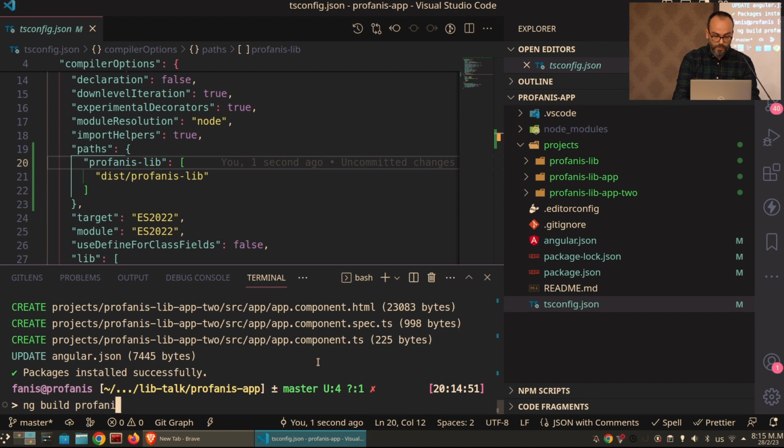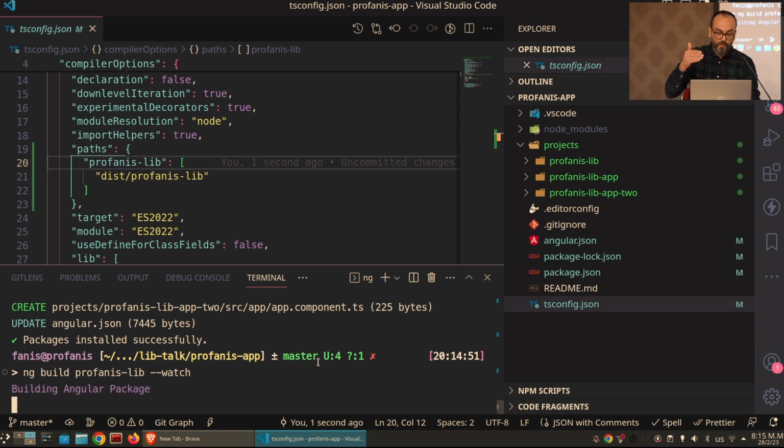So ng build, what are you going to build? The Profanis lib, and I will also provide the watch option so that the file watcher,